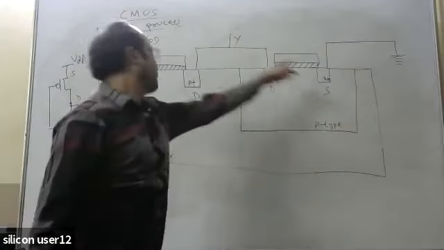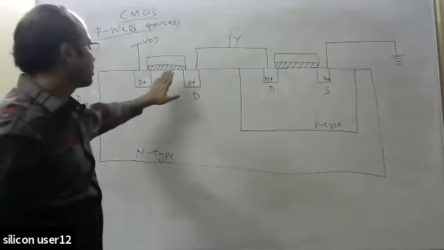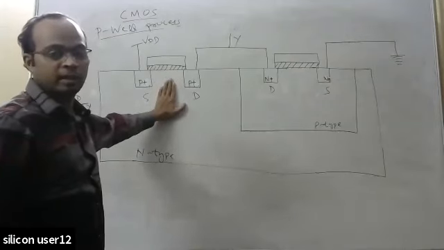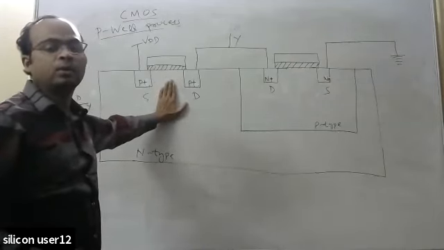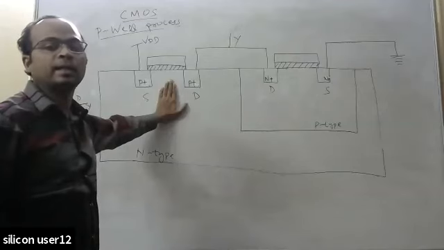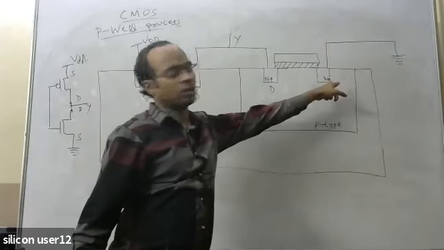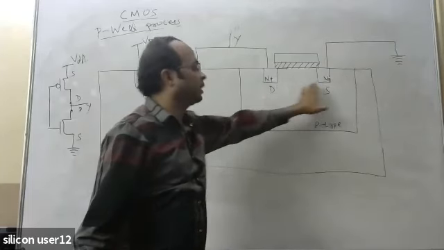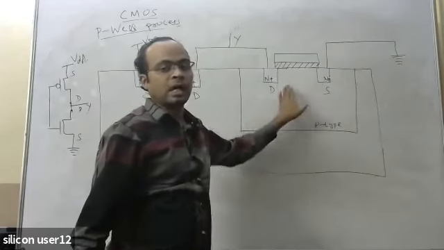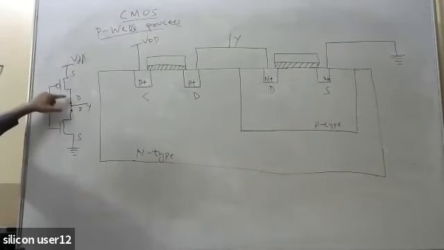So you take a complete n-type substrate, and in the middle of it you create a PMOS. This is the PMOS. Now I need to create an NMOS, so for that I need a P substrate. So this portion is connected to P type. Inside this P type I created an NMOS. After creating this, remember this figure.